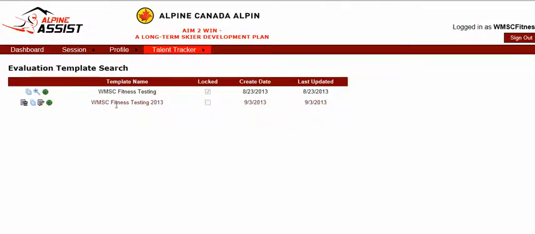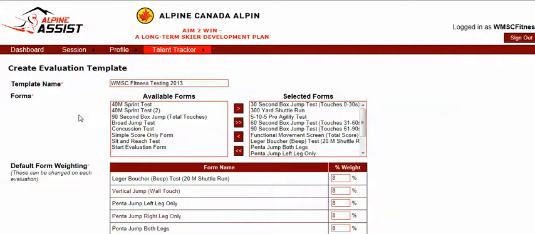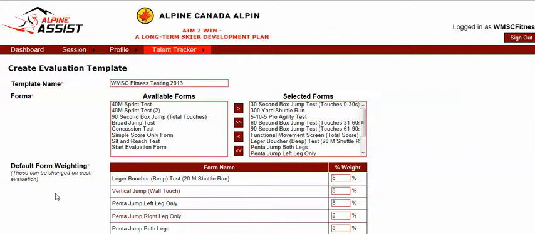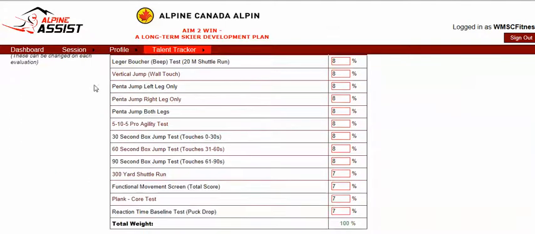So basically what we've set up is a new template which can still be changed, and this is where we are logged in as WMSC Fitness, and the password you all know. If we look at editing the template, we'll see what is a part of it right now. And so we have called it basically Fitness Testing 2013, and the tests that are a part of it are